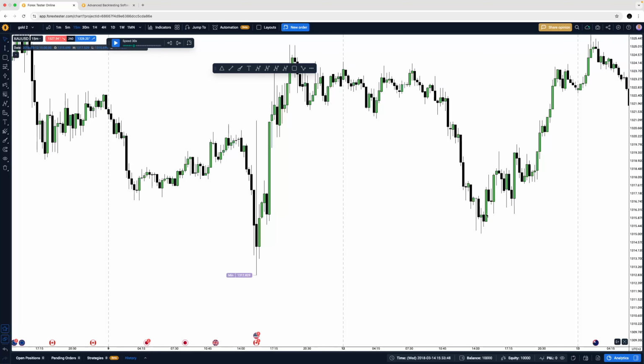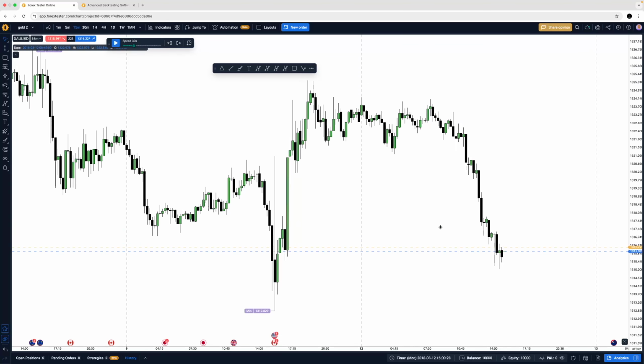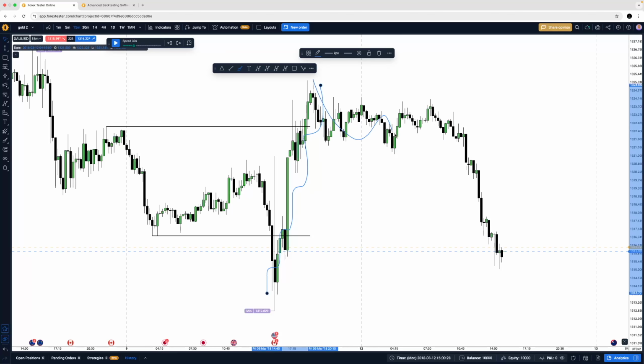So even on this area, let's roll back here. This is the 15 minutes. You can clearly see that we have the sell side liquidity that was taken. We even have the buy side. But if you look, this move was very impulsive. And then we have the correction, which is very, very slow. And we can see that we have